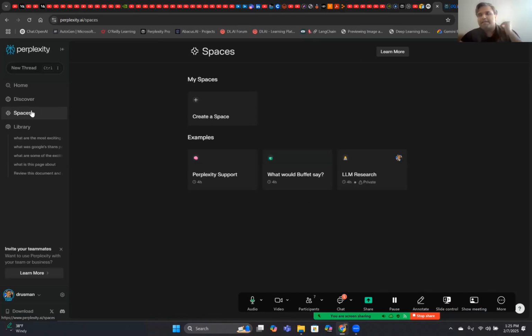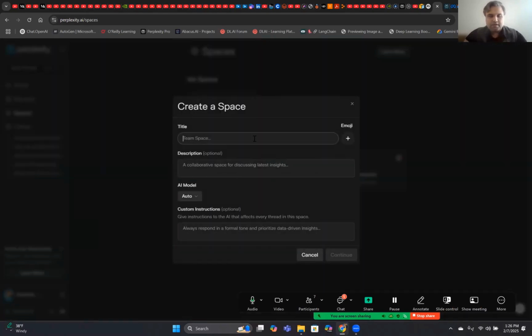So it has Claude, it has even DeepSeek R1 if you want to use it. I'll show you here. So the Spaces is a new feature that they launched recently, and it's basically the retrieval augmented generation coupled with web search, which is really a cool feature. Usually to build a RAG pipeline, you need a certain amount of technical expertise, but here you can use it as it is. So you just have to create your own space first,